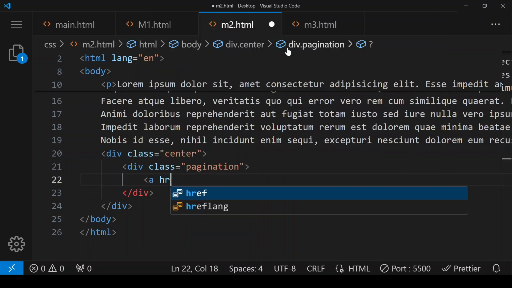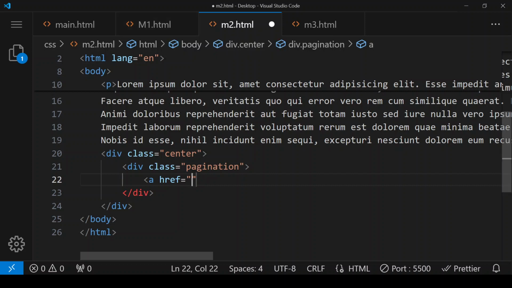So a href equals to, right now we are on m2. We want that when we click on the previous button it should go to m1. So here we have to give